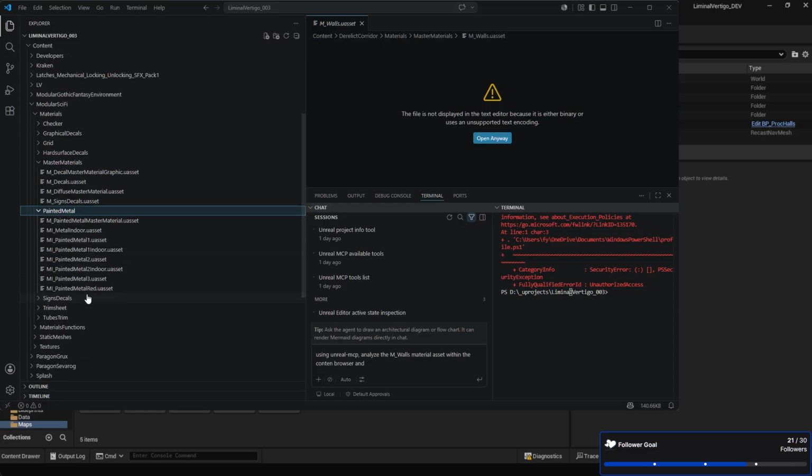Painted metal. Here we go. Painted metal master material. I think this is it. Okay, so